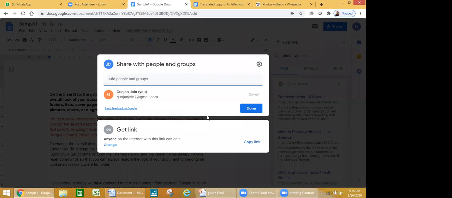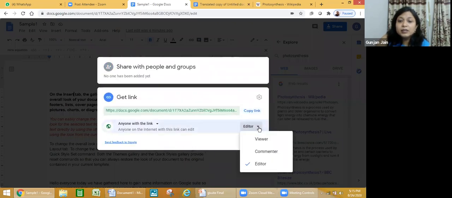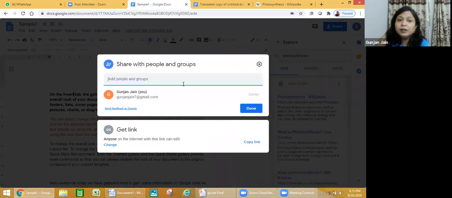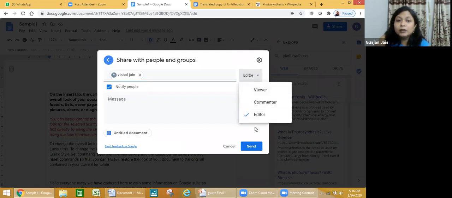It is clear. Yeah. So there are only 3 ways to share, either through email or through link. And link can be shared in 3 ways. You can make a person editor, you can make him a commenter, or you can make him a viewer. Even with the people with whom you are sharing with email, again, you can do all the 3 things. You can make him editor, viewer, or commenter. Okay. So this is how you share a file with the people.